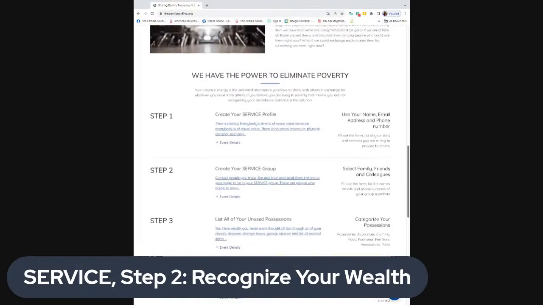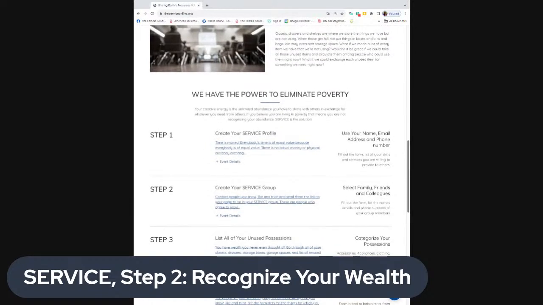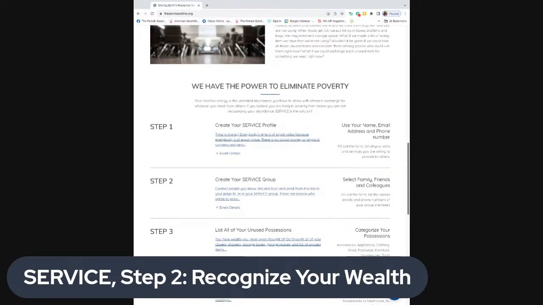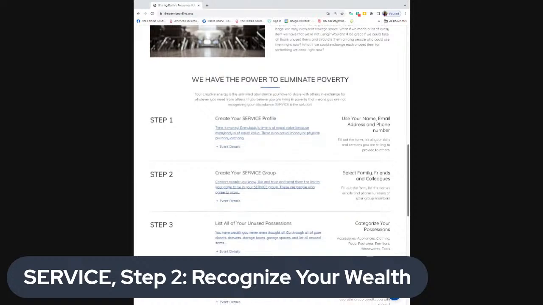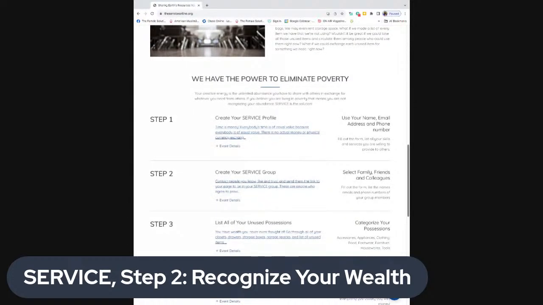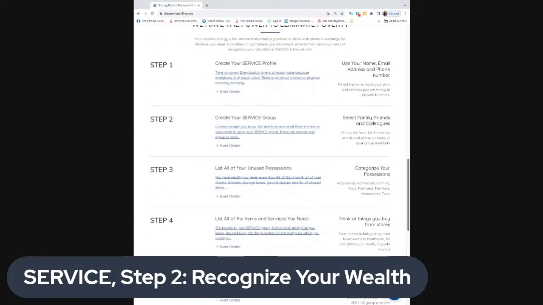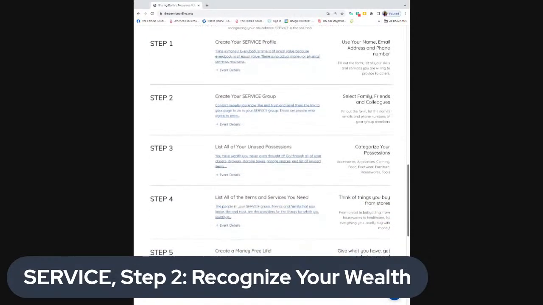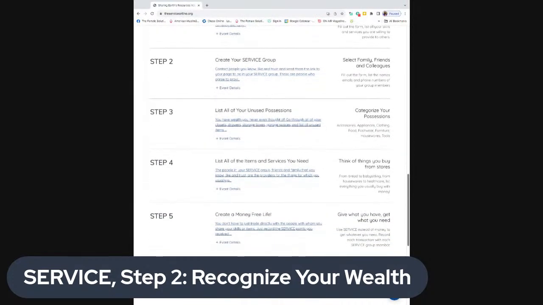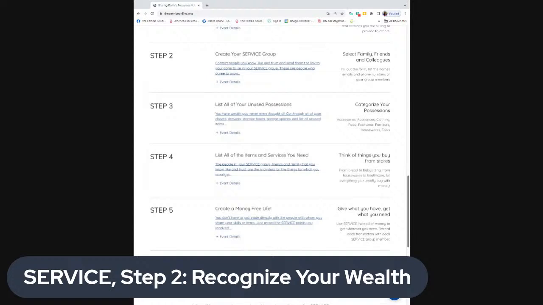So step one, you're going to create your service profile, and we'll go over that in the next lesson. Part 3, creating your service group. We'll go over that in part 3. And step 3, list all your unused possessions. And that's what we're going to talk about today. Because you have so much that you have no idea. Then, of course, step 4, you're going to list all the items and services you need, and we'll talk about that